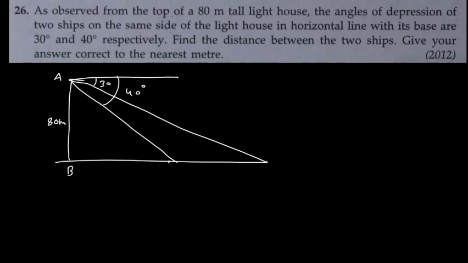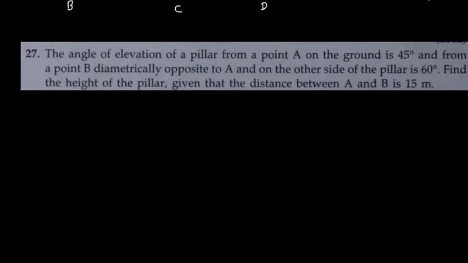So say this is A, B, C, D. Now this angle is 40 degree, and this angle is 30 degree. I have to find what is CD. Now again, this kind of problem you have already solved, so try this problem. Only you have to see the tangent chart from which you can find the value of tan 60 degree and tan 30 degree. So refer to that chart, solve it and find out what value for CD you will get.